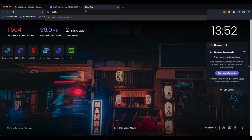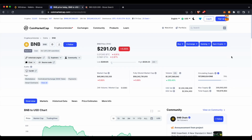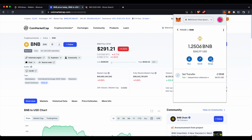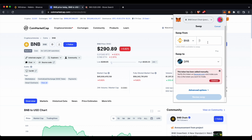So let's just have another look. 360.53 divided by the price. So we should get around 45,000 DPR on the swap. We don't get that, and I'll quickly explain why. So it's reset, so I have to do it again. So BNB, go to DPR, and then BNB